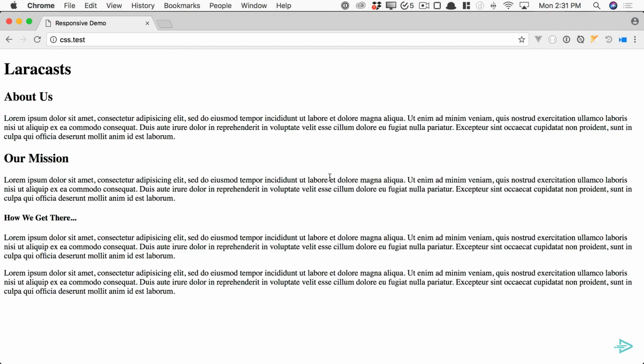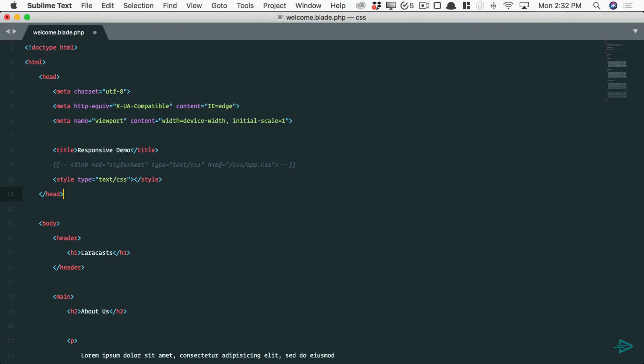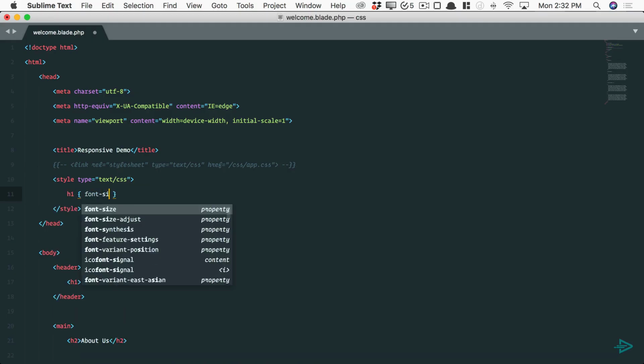On the topic of responsive design, when it comes to spacing and text sizing, you're of course already familiar with pixel-based values. So consider this, we have some dummy text here with a handful of headings for the example. So if I were to open up a style tag, we could try something like an H1 has a font